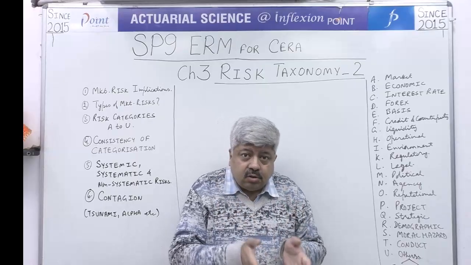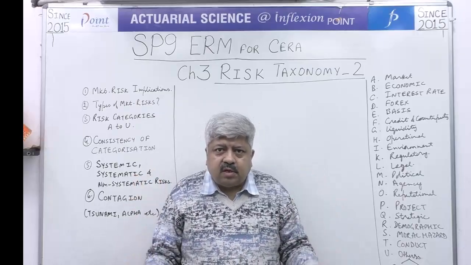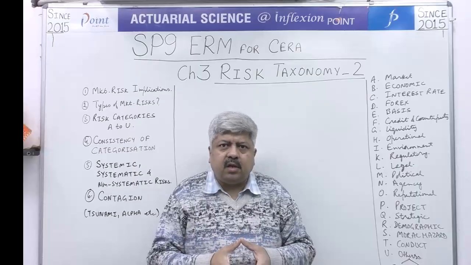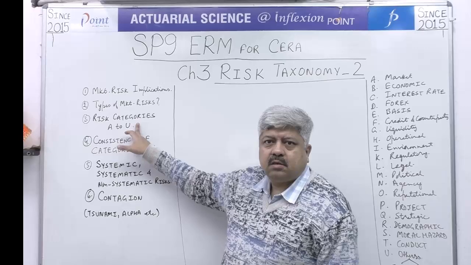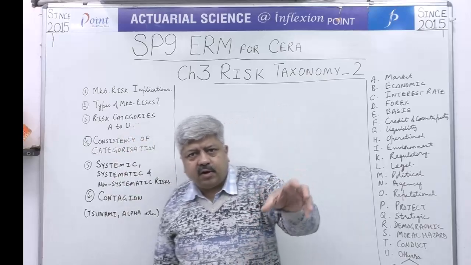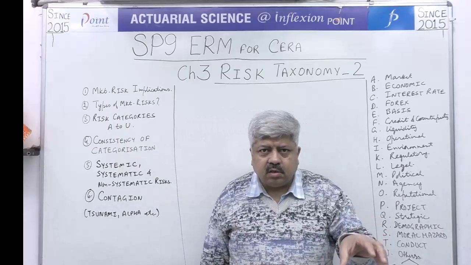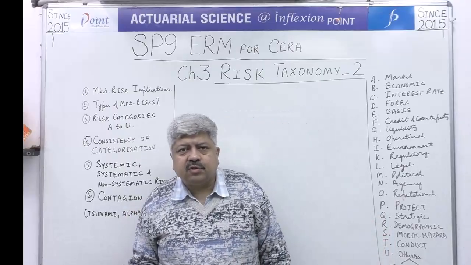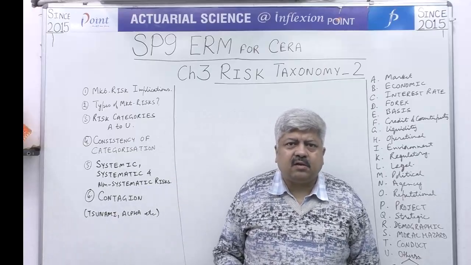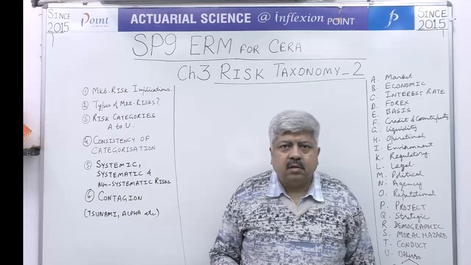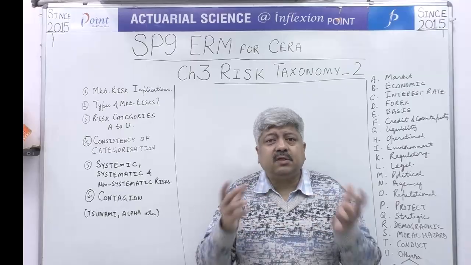But first make sure whether these two authors, two authorities, two experts whose lists you are trying to compare, use the same criteria for categorization. It is quite possible that one of the experts has chosen to focus on origin, the other may have chosen to focus on nature, the third one may have chosen to focus on the effect. So their lists will never agree. They will never be the same. They can't be the same.